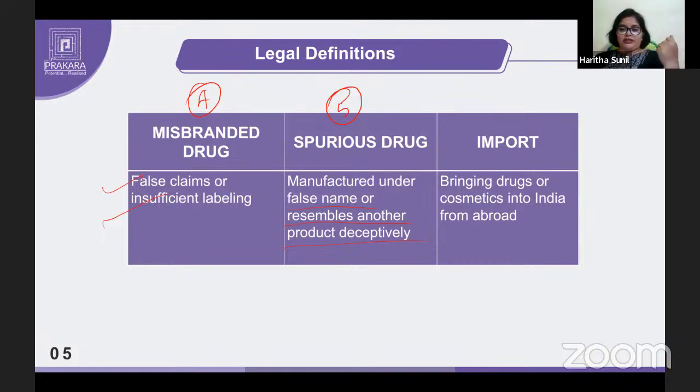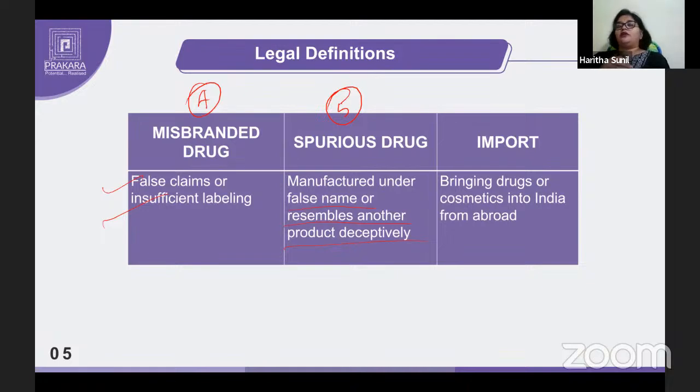Deceiving is nothing but cheating. Cheating the consumers into believing that it is a genuine one, when it is produced by unauthorized entities or even unlicensed facilities. For example, there are certain fake antibiotics which are labeled as popular branded ones, but they contain no active